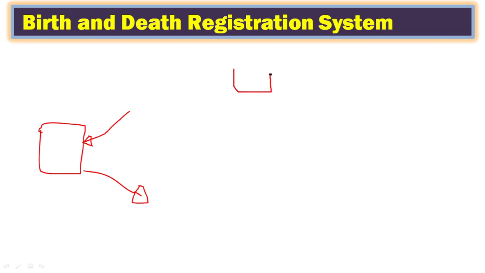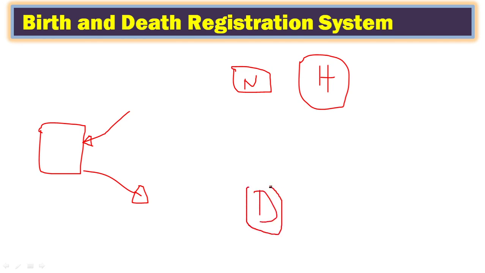Whenever a newborn arrives in a hospital, generally even hospital people can arrange for this. They'll give the certificate. Take this certificate, go to the department and give it to them. They'll register it and give the new certificate. Even in case of death, if it happens in a hospital, they'll give one death certificate. We take that death certificate, come to this office, give it, and collect the death certificate.